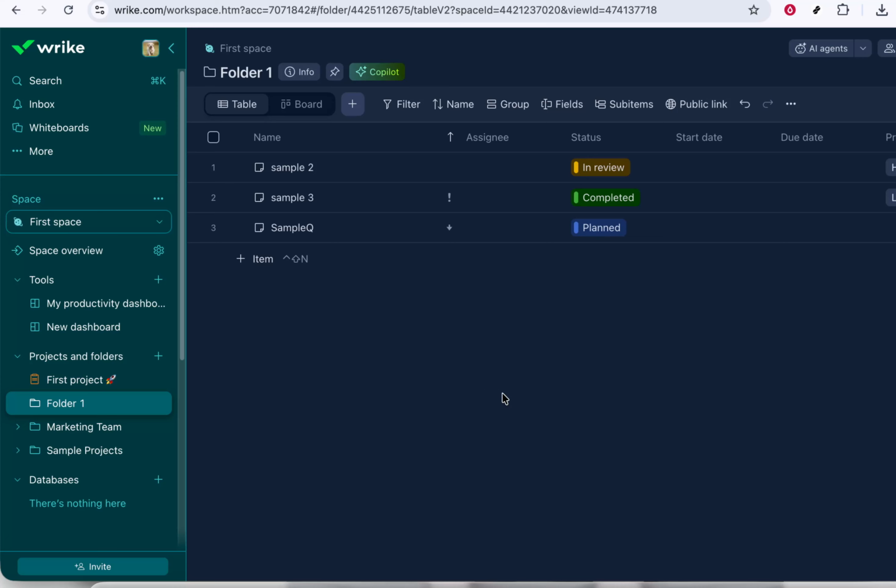Now, simply select the new status that best reflects where the task stands right now. As soon as you click, Wrike will update the task status instantly. That update will be visible to everyone who has access to that task, which means your project manager and teammates will